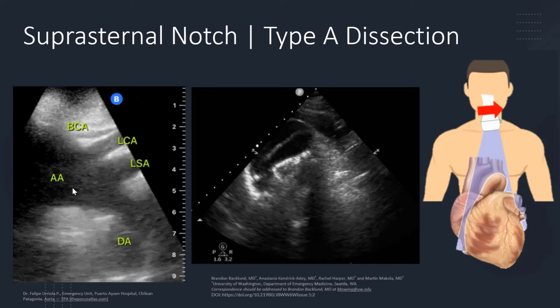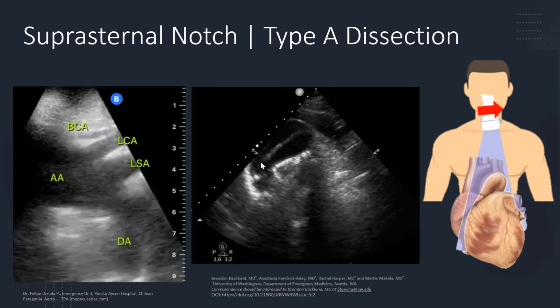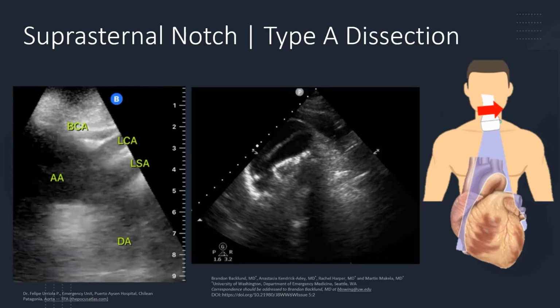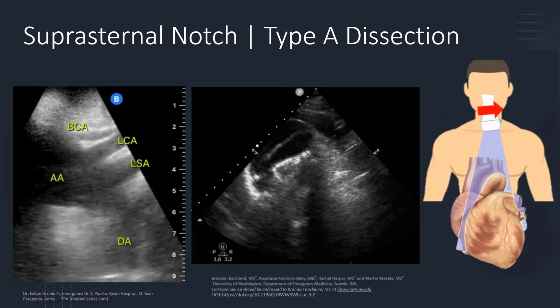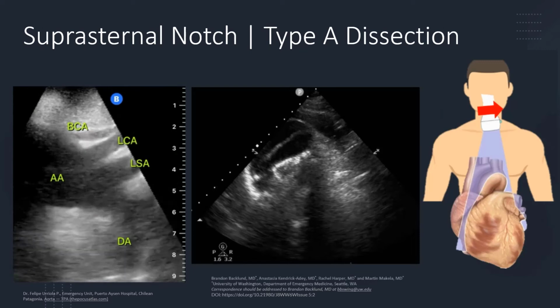And normally you should see a lumen that's just completely black or anechoic and nothing in the middle. But here in this second image, you can actually see that same dissection flap through the ascending aorta. I recommend that you guys do this, especially if you're doing your cardiac exam using the cardiac probe already. Just try focusing on doing that suprasternal notch. Practice makes perfect. So the more of these you do, the more possibility that you might see a type A dissection